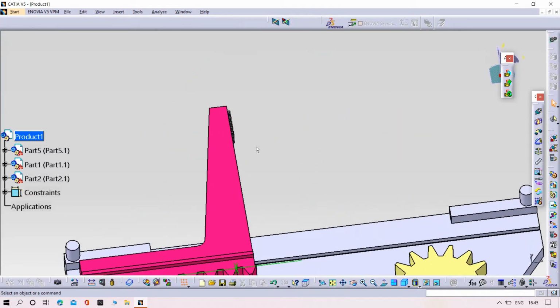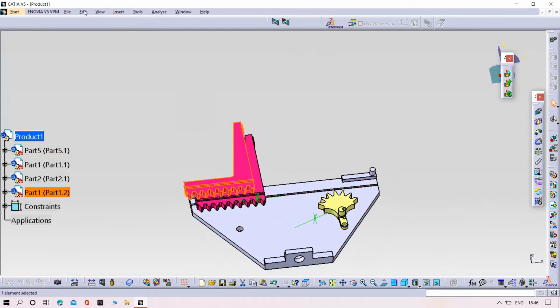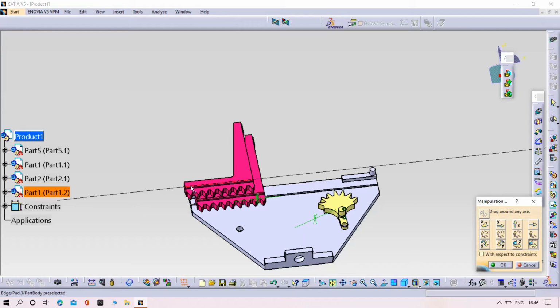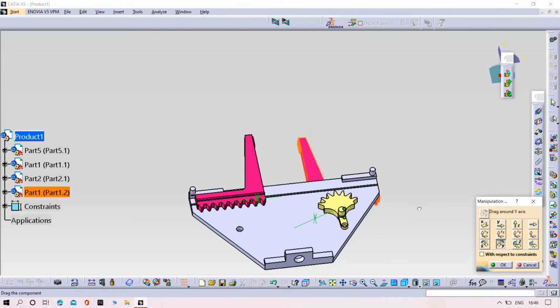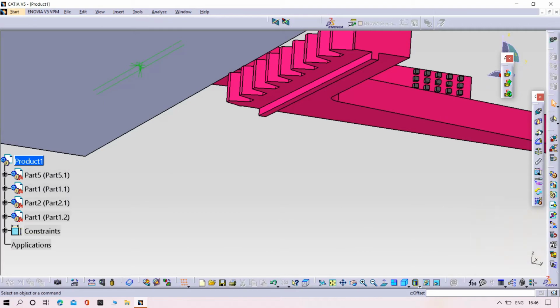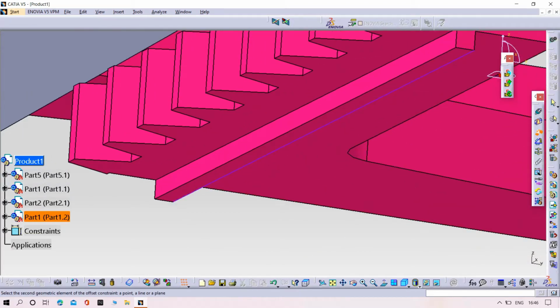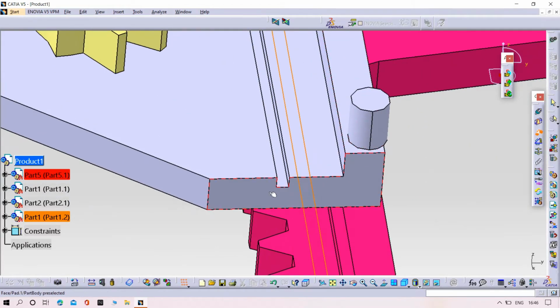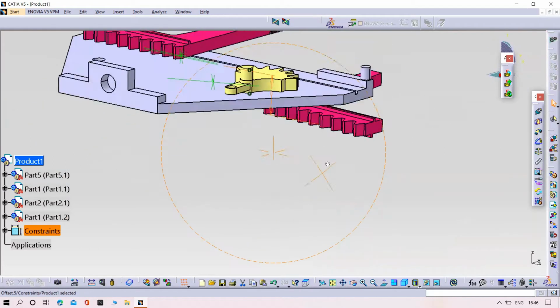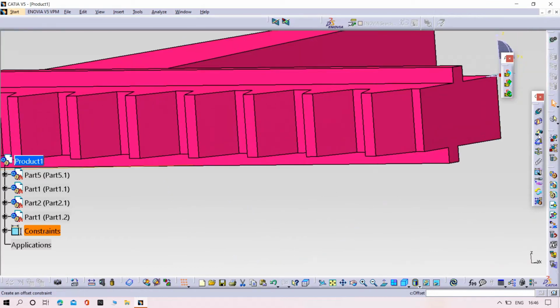Now we need to insert part number 1 again. It means Control D, then select the part. It will automatically insert. Then try to rotate the newly inserted part and then try to give the relations. Surface, and then side surface also.